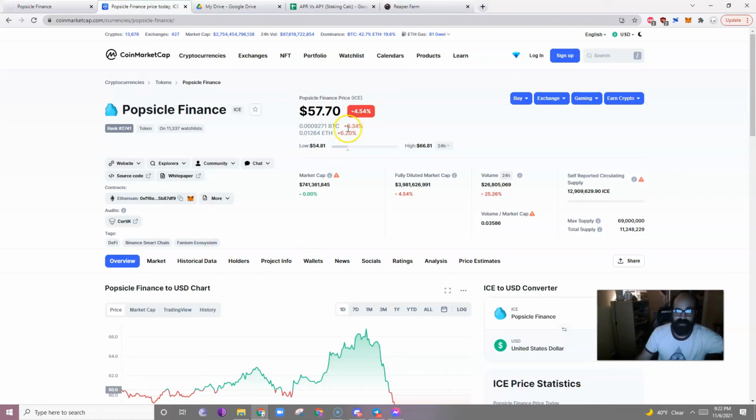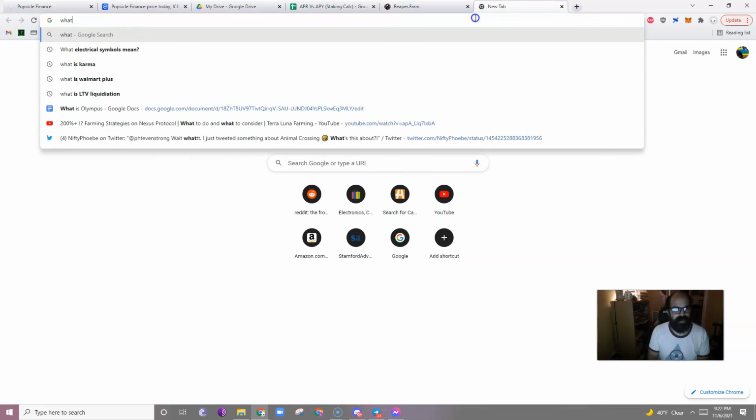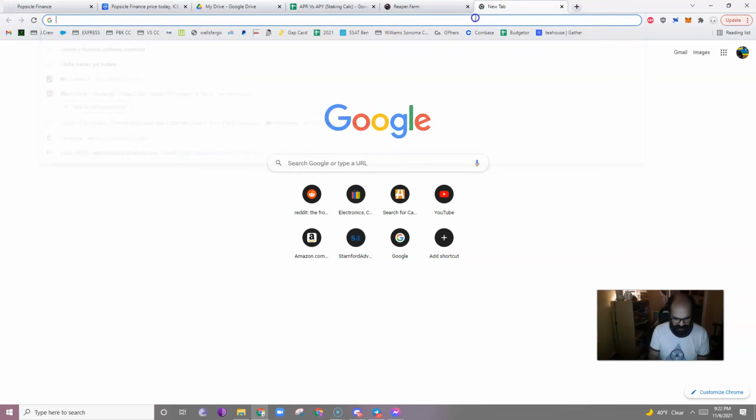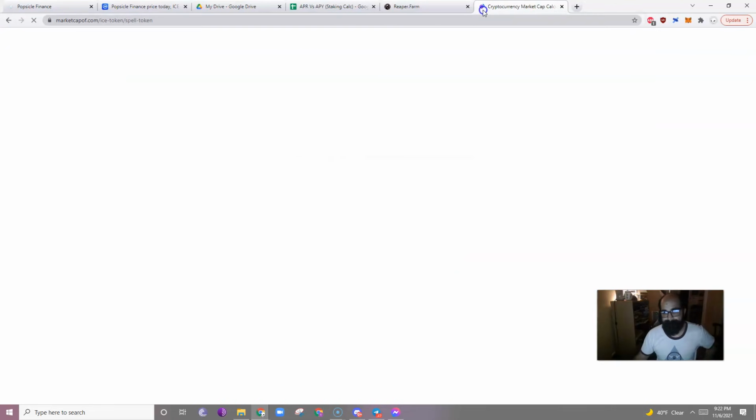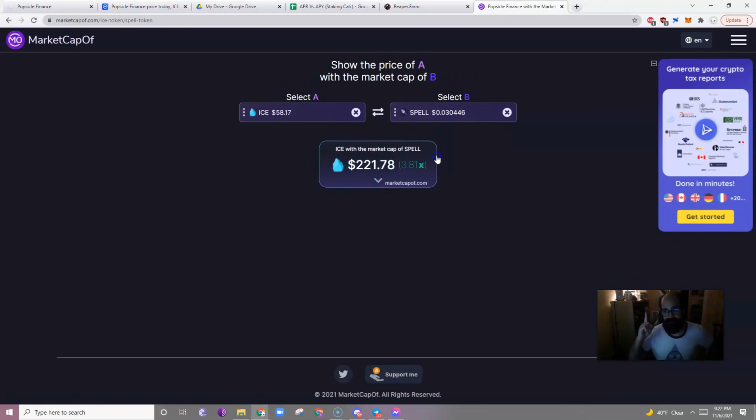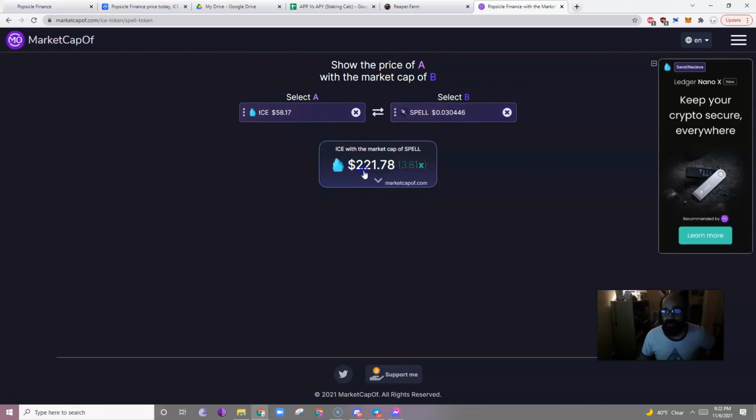So again, ICE is right here. I've done this comparison a few times, but what is it? Market cap? Yeah. If ICE gained the market cap of Spell, remember Spell has a similar function on Abracadabra, then ICE's value would be 221, which is a 3.81x, which is amazing. And I think that Popsicle Finance is just going to keep getting developed and developed and developed,